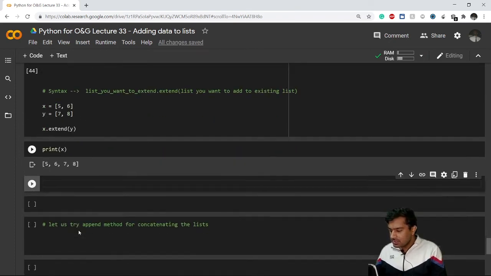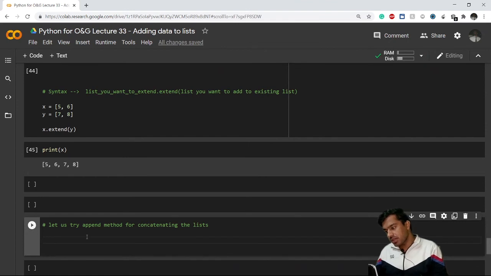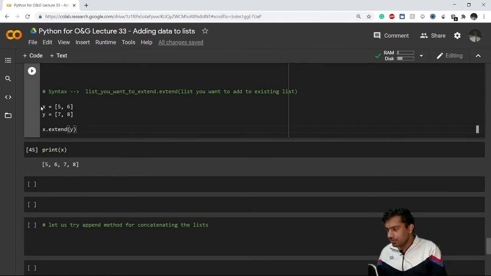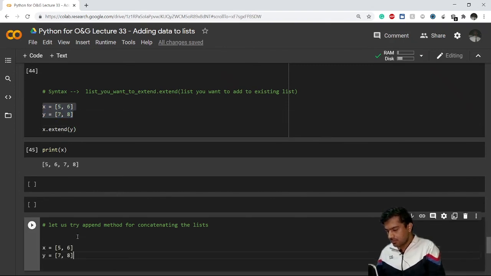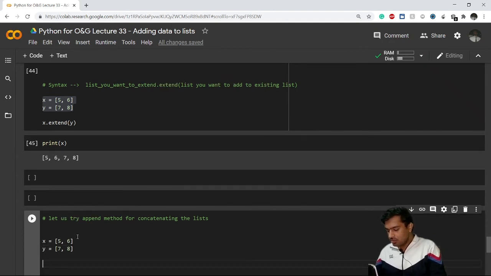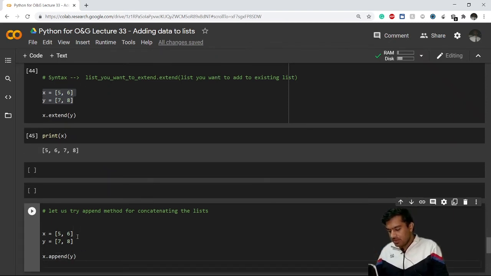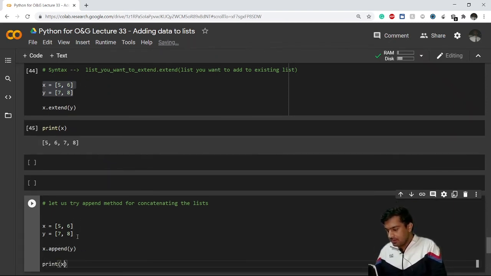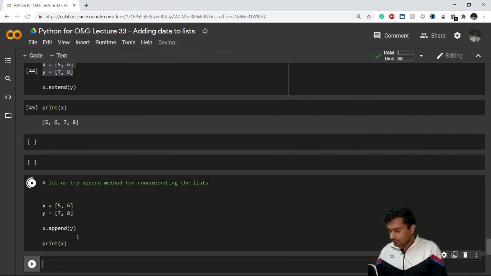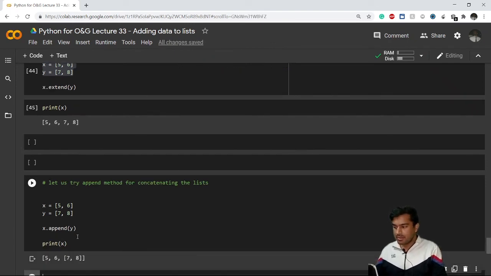Okay, now let us go for append method to concatenate list. Let's say I'm using the same list here, x and y. Let's say now I use x dot append y. Okay, now see what happens. Now if I print x here, you see what is happening.